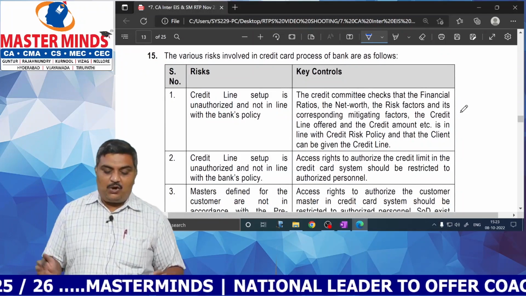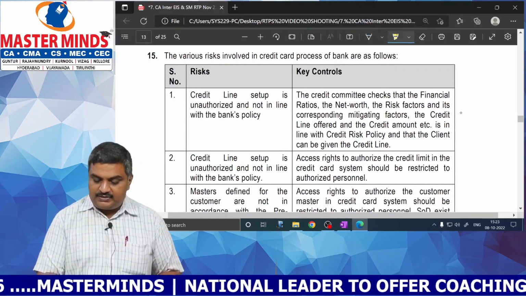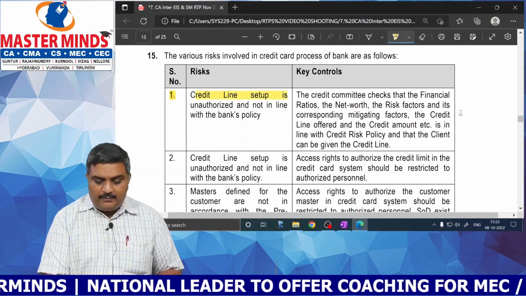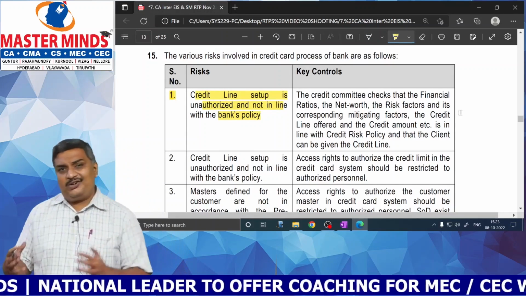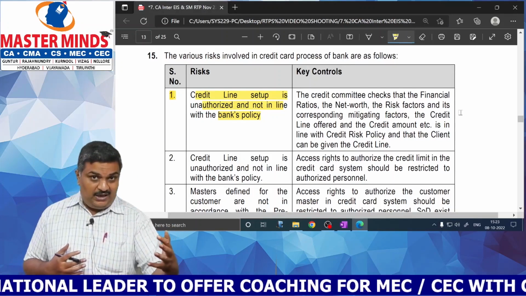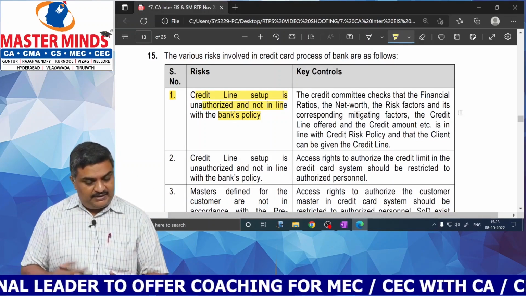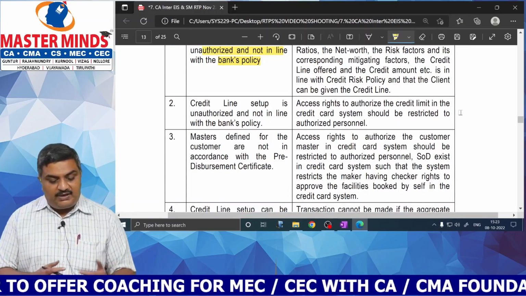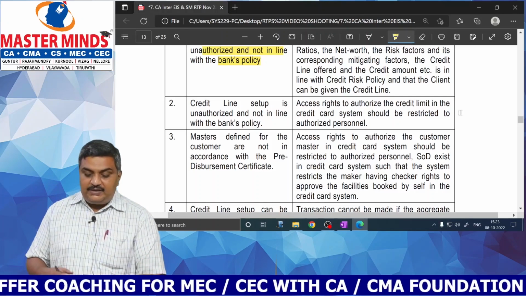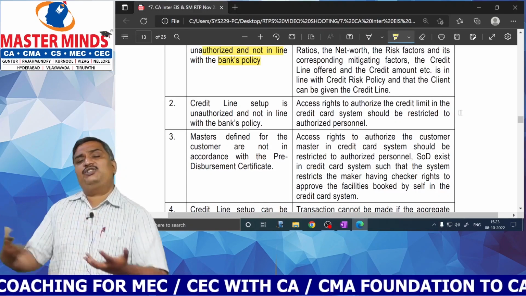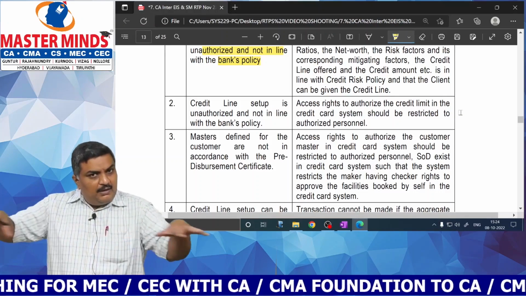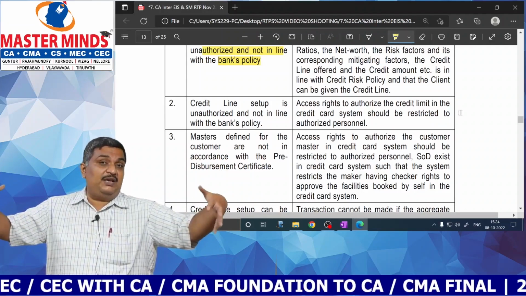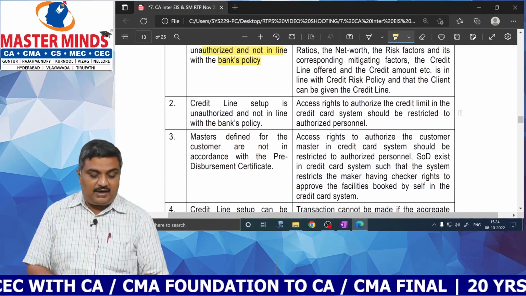Credit line setup is unauthorized and not in line with the bank's policy. That means before issuing the credit card, there will be certain rules and regulations, but the credit cards are issued without keeping those things in mind. So we need to address that issue. That means everyone is issuing the credit card. In addition to the authorized personnel, even unauthorized people are also issuing the credit card. So you need to